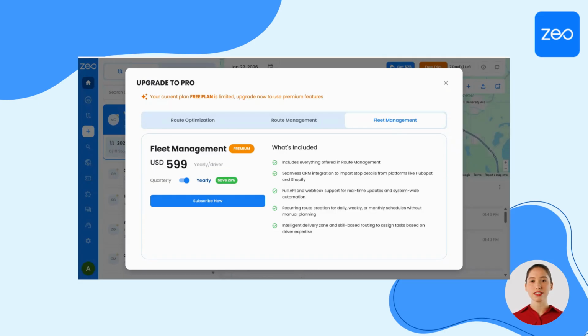Fleet Management. This is Zeo's most advanced plan and includes everything in Route Management, CRM integrations with platforms like HubSpot and Shopify, full API and webhook support for real-time automation, recurring route creation for daily, weekly, or monthly schedules, skill-based and zone-based